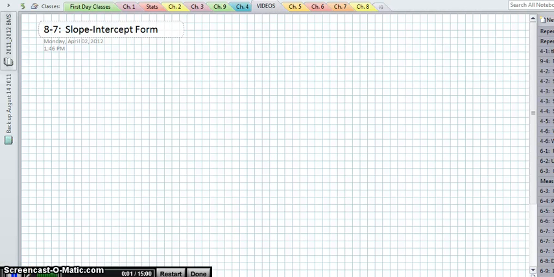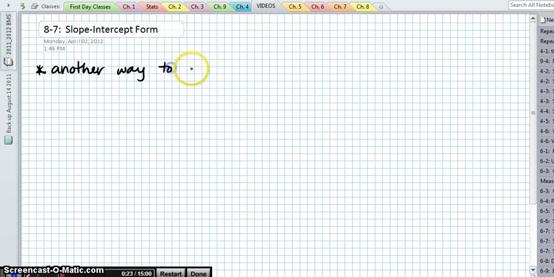Today we're going to talk about slope-intercept form. We've talked a lot about slope. It describes the steepness of a line. So if we are given an equation where we can identify the slope, we can use that information to help graph the line without making a table of values. So basically today we're going to talk about another way